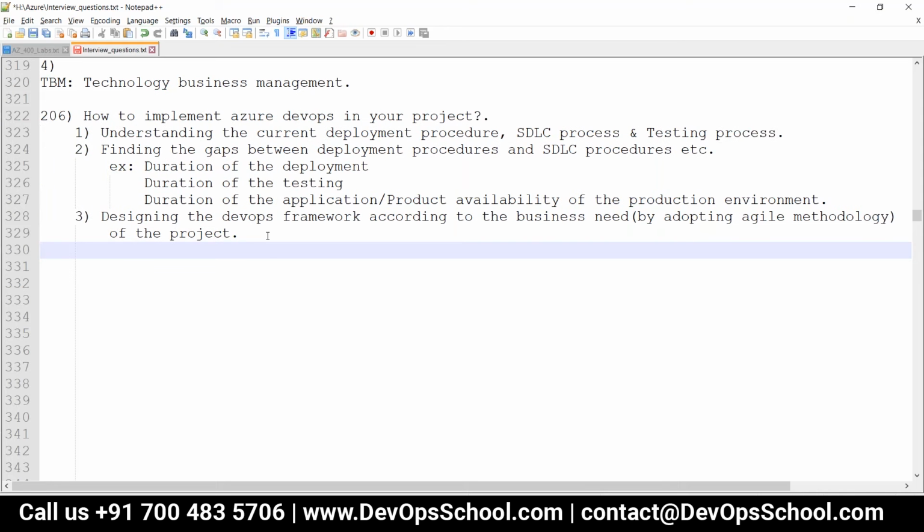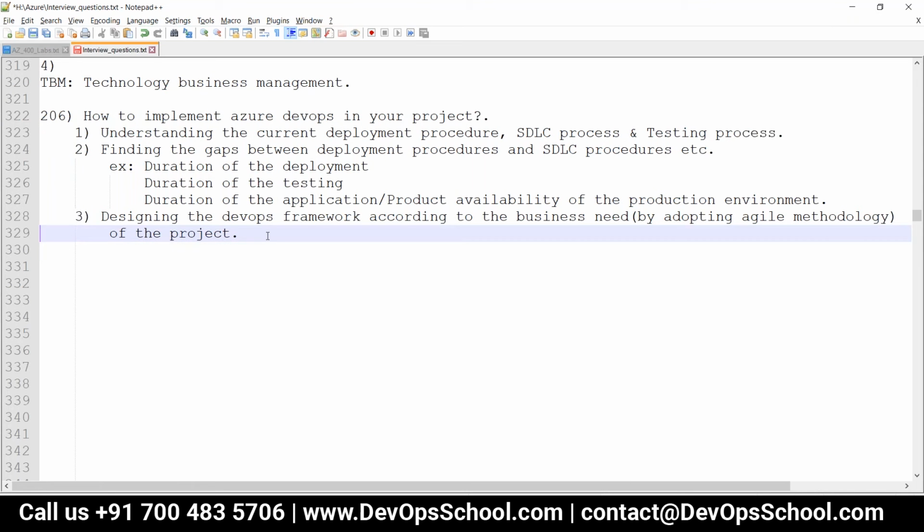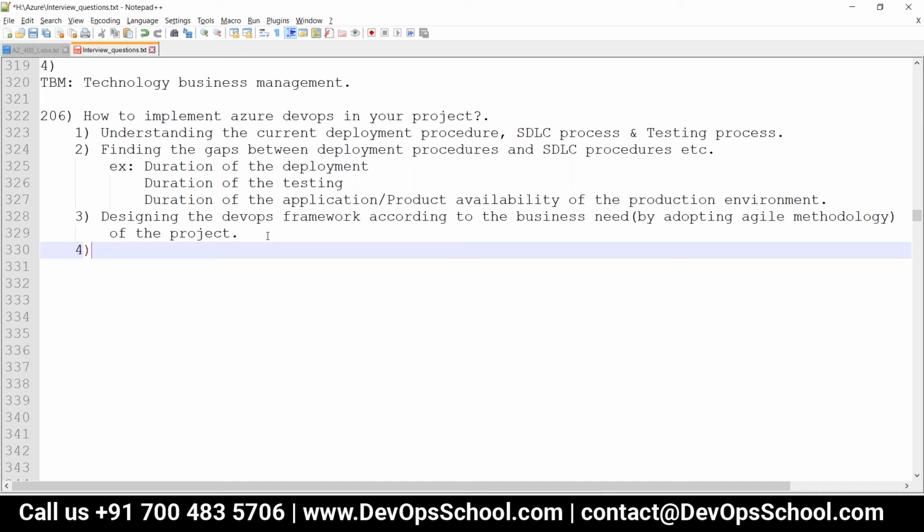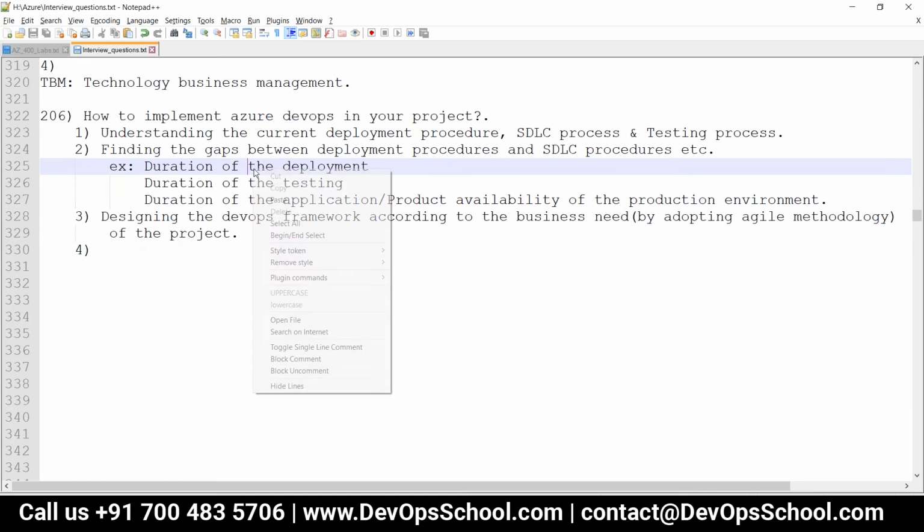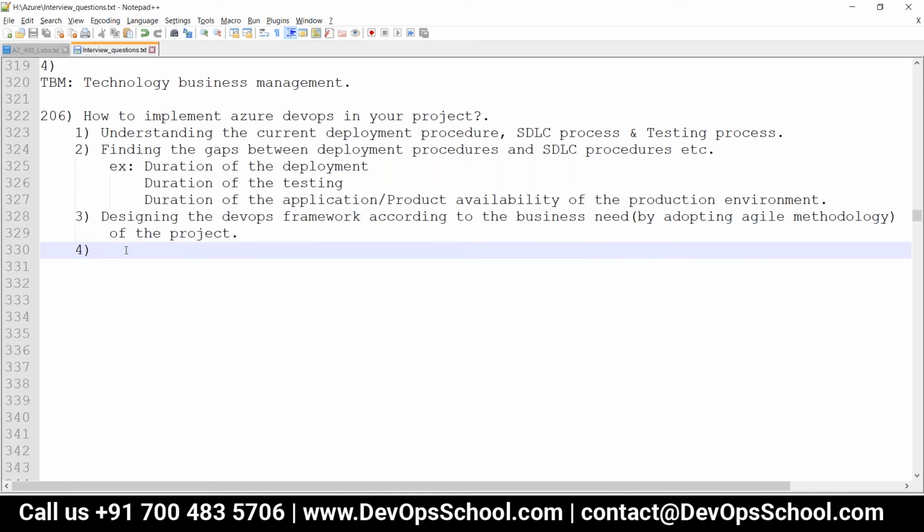Fourth step. See, these things you will not get from Google. These things you will get from experience only, if you have experience. Correct? What kind of words you need to use? Fourth one, designing the DevOps framework according to the business need by adopting the agile methodology. Okay. By the fourth step, we'll try to convince the people